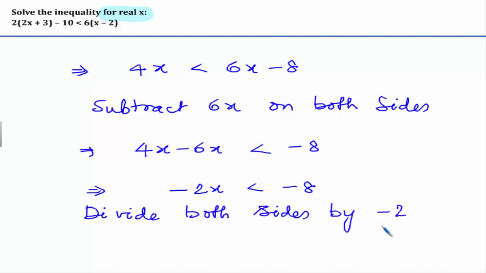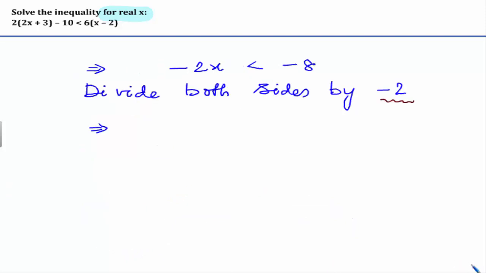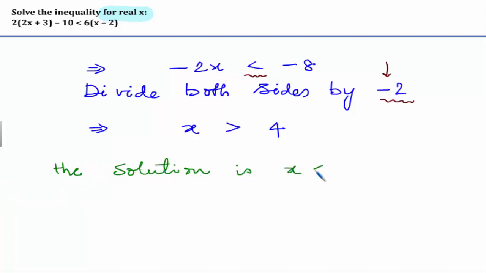Now let us divide both sides by minus 2, because the coefficient of x is minus 2 here. Then what will we get here? It will give us x, and here it will give us 4, but don't forget to change the symbol as we are simplifying with the negative number. So here it is less than, and it will be now greater than. Now how will we write the solution? The solution of the given inequality is x belongs to, this is greater than 4, that is all positive numbers you get, so which is 4, and the 4 is not included, therefore it is open 4, and all infinite positive numbers.